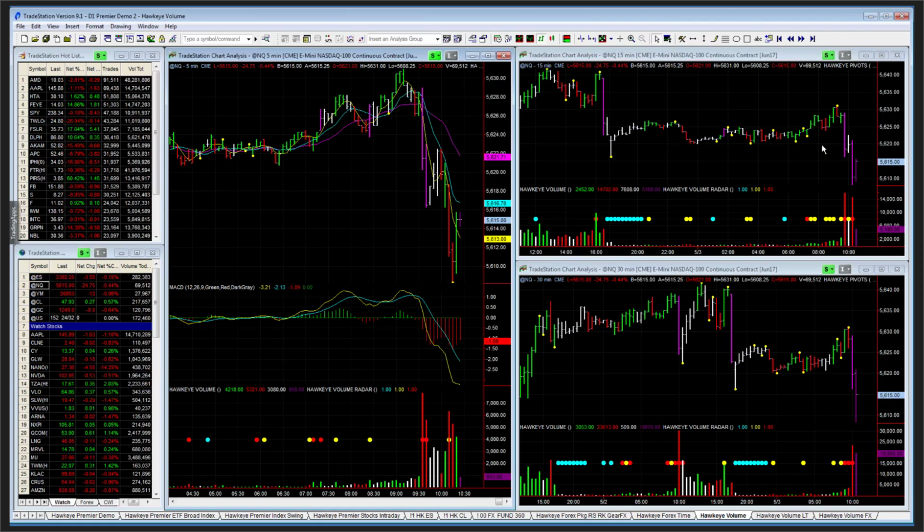Couple that with triple time frames, you can see the volume is supporting longer term moves, and that helps you to take those trades knowing that shorter and longer term volume is on your side.